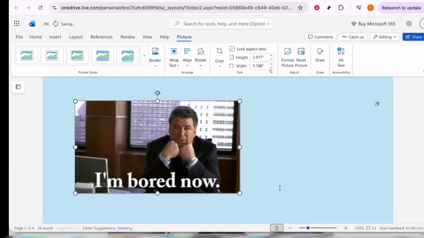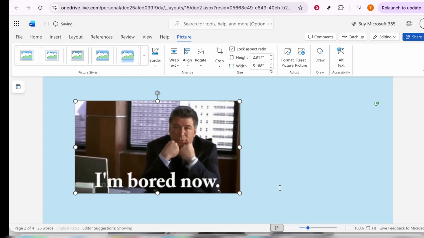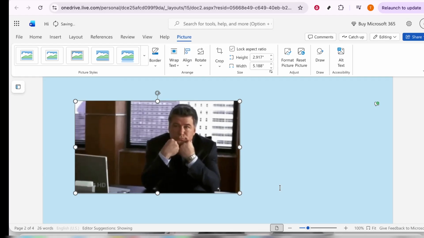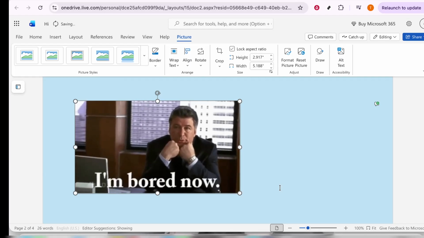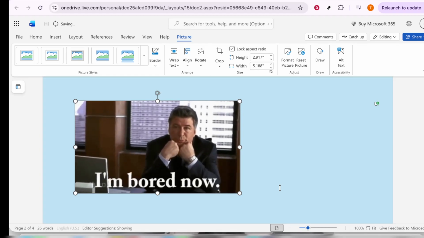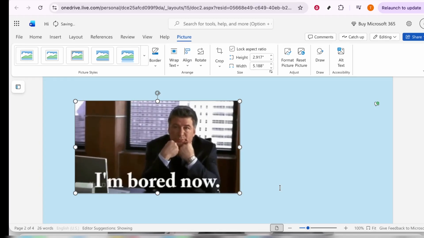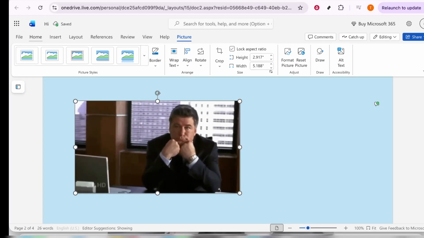With your GIF now in your document, you might want to tweak its format or position. You can resize it by clicking on the corners and dragging to the size you prefer. To move it around on the page, simply click and hold anywhere on the GIF, then drag it to your desired location. And there you have it. By following these straightforward steps, you can bring any Word document to life with captivating GIF animations, providing your